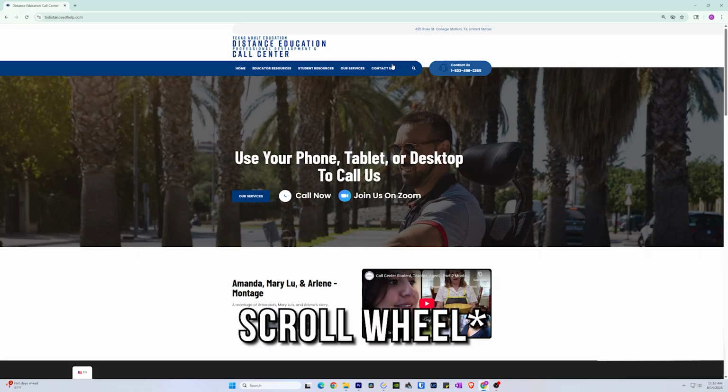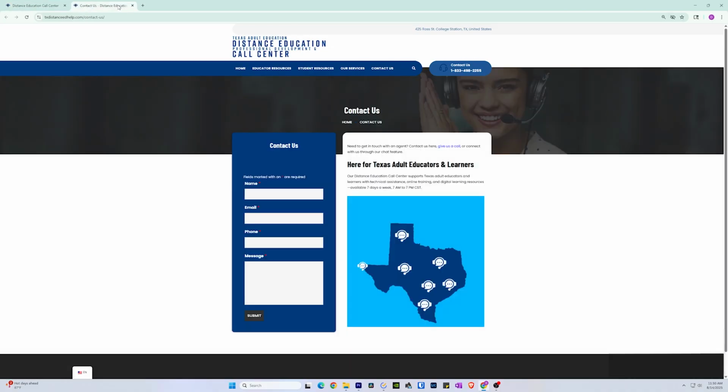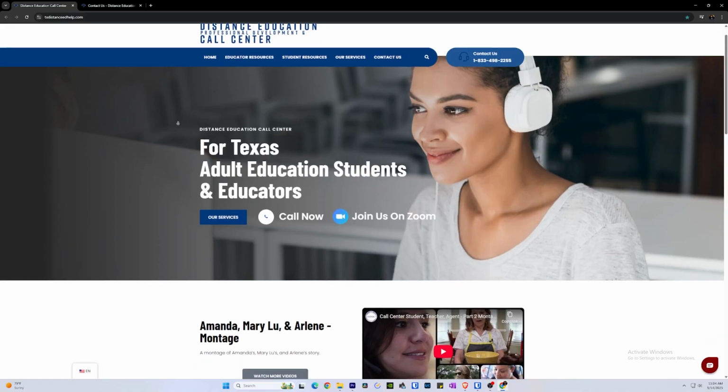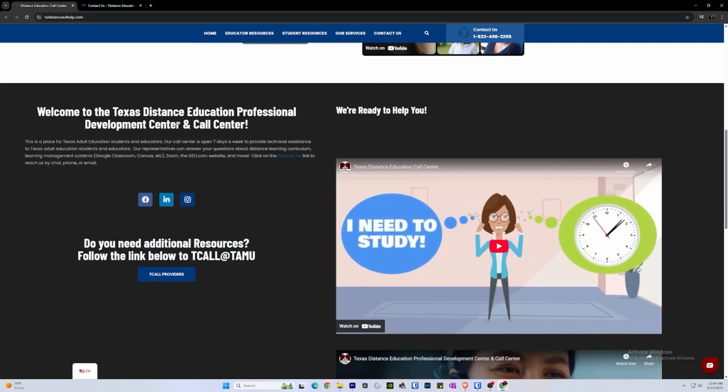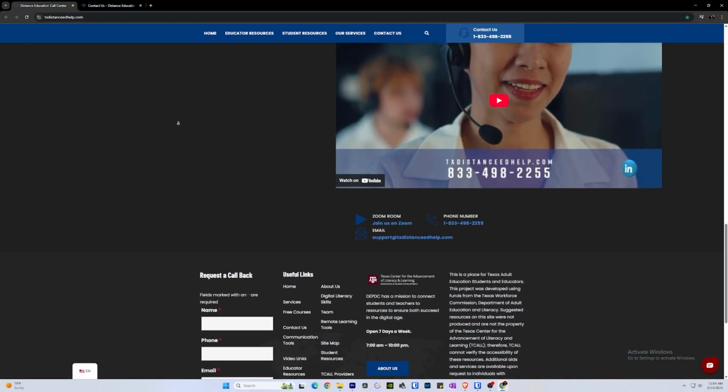Some mouse wheels can be clicked like a regular button. In a browser, clicking the mouse wheel can do 2 things: open a link in a new tab, or lock the mouse cursor and let you drag the mouse to scroll without using the wheel.